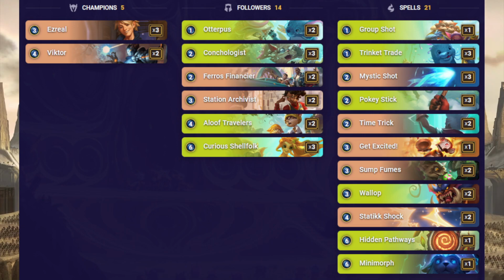Currently, or it used to be previously, you would play the Group Shot on your opponent's unit, wait for the Group Shot to resolve, and then Ezreal would deal the 2 damage to your opponent's Nexus. Currently, with the rules change, what happens is you have Ezreal on the field, your opponent has a unit, you play Group Shot. Even if the Group Shot doesn't resolve, your opponent counters it or whatever, or they kill Ezreal,